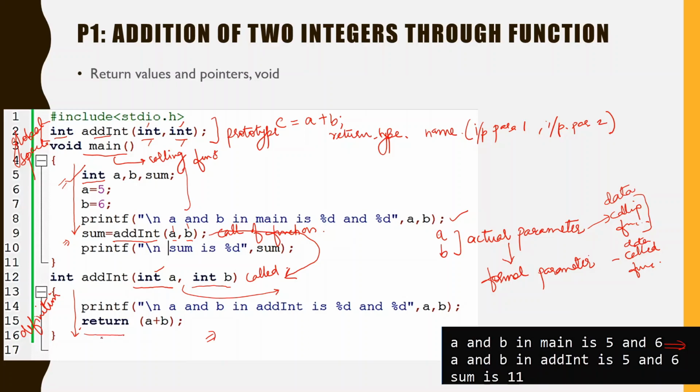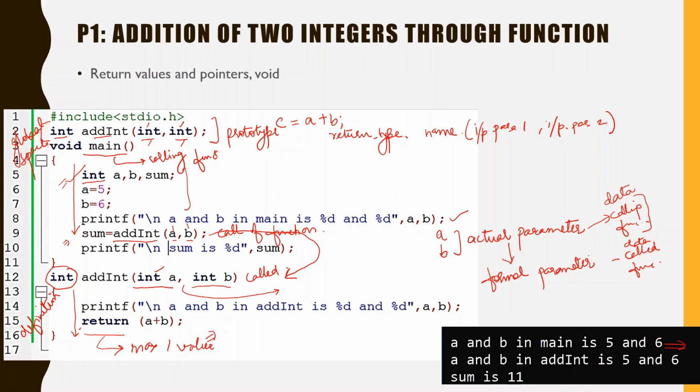In the last, it returns some value. The return statement is used to return a value, and it can return only a maximum of one value. Here it is returning a plus b. This a plus b is converted into the output, the return data type.